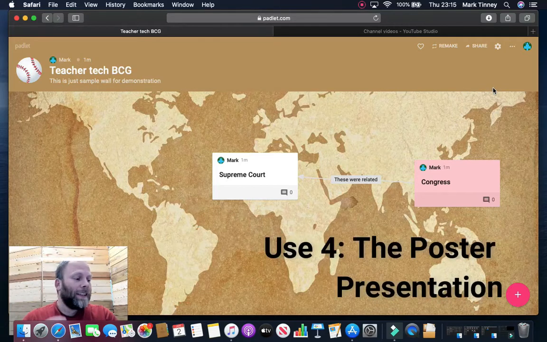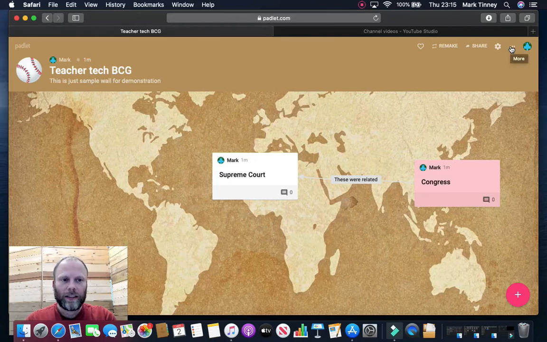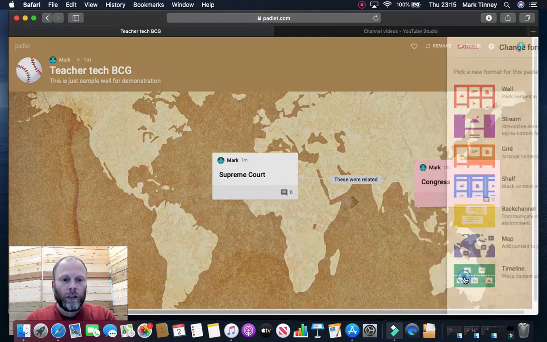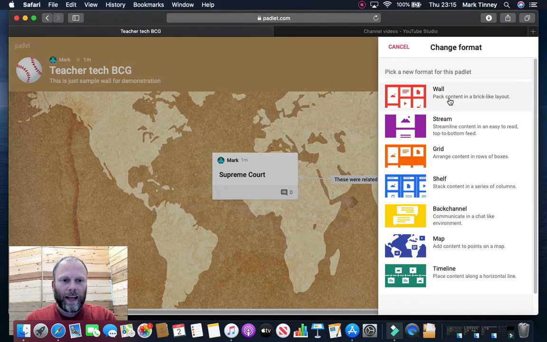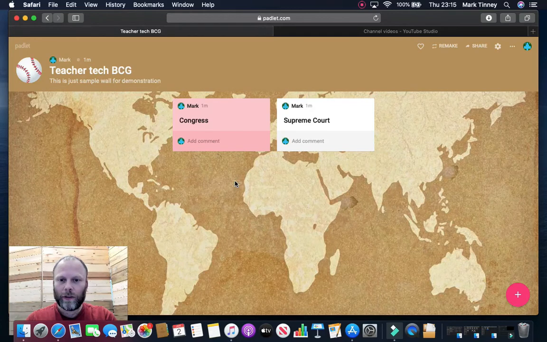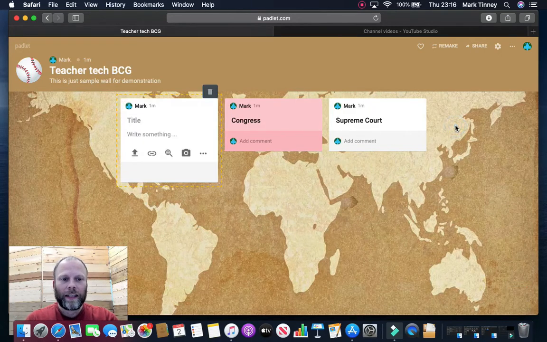All right, stage 4, or case 4, if you will, is a poster presentation, and this is where you might get learners to use Padlet as essentially a format for their own presentations to a group, where they have gone out, they've done research, they've put some evidence together, and now they can create this wall and a sort of dynamic poster presentation where they can add YouTube videos to it, they can add images, they can add text, and